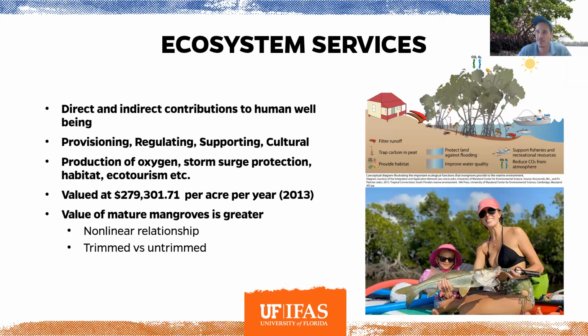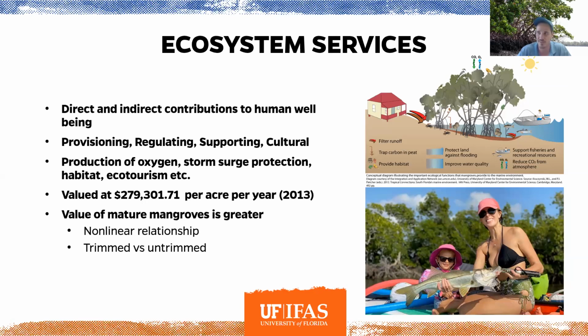It could be broken down to provisioning, which is production of oxygen, water, food; regulating, like storm surge protection, disease control, thermal protection, supporting different chemical cycles, habitats for commercially and recreationally valuable species; and then cultural, which is ecotourism, heritage aspects of how important these mangroves are. So Conservation Collier put out a really good paper that broke down 32 different